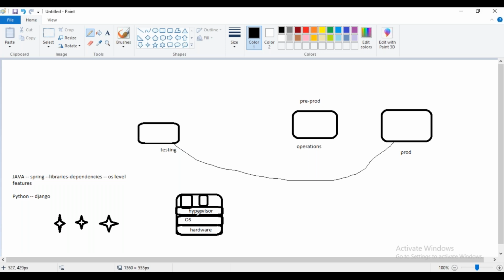Monolithic is a combination of several applications like billing, payments, and everything combined. Whereas if you divide it into individual components, it is a decoupling of the total software. That helps: if one is down, the rest of the system will probably continue. Exactly. Whatever Ganesh said is 100% correct.